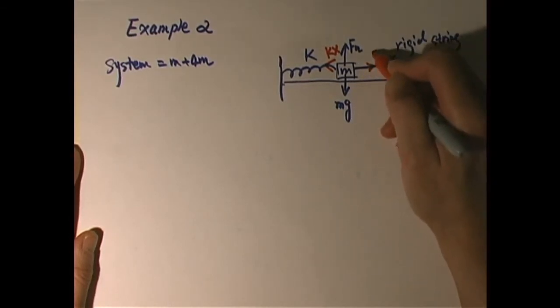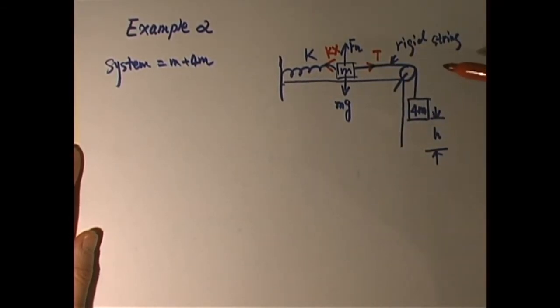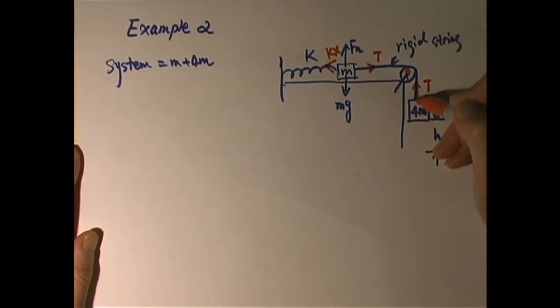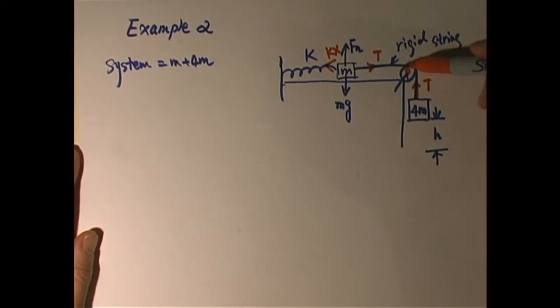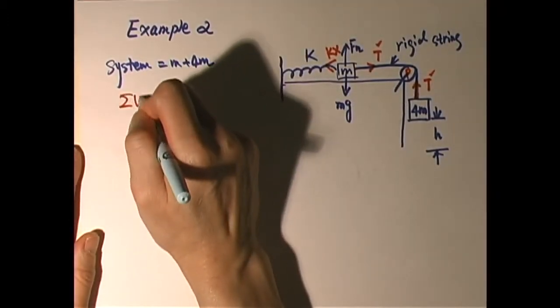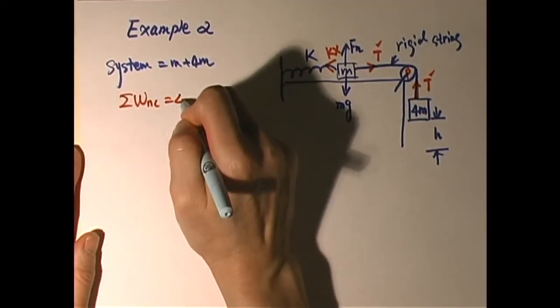And actually, there is the tension here. Theoretically, if we do not consider friction between the string and the pulley, this is the pulley, P, then this tension on the 4M we can consider as an action-reaction force with the tension on the M. Since there's no friction between the string and the pulley, tension T is not frictional. So the internal force here is not frictional. It is very important when we apply that sigma W non-conservative equals delta of ME,